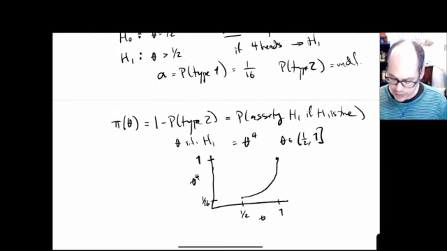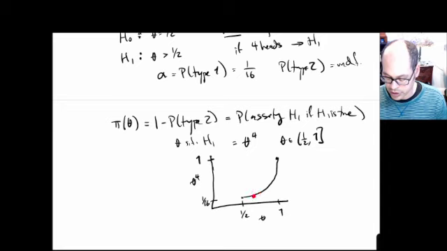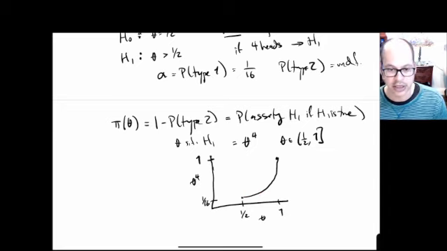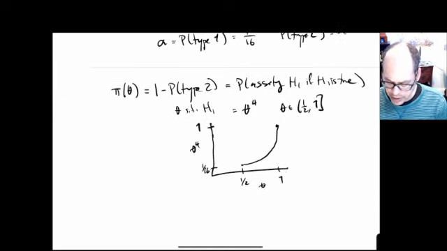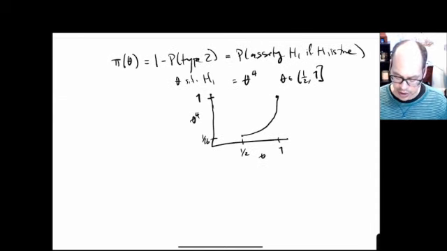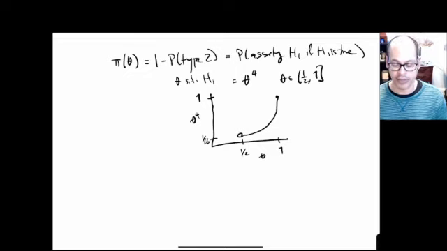And so what do we see? We see that as theta is closer to 1, the test is more powerful. It correctly finds out that the coin is biased more easily in this region, and over here it's very unlikely to do so. It's not so powerful. It's typical actually to fill in this graph for all values. All possible values of theta that we're considering under both hypotheses are just in this case between 1/2 and 1,